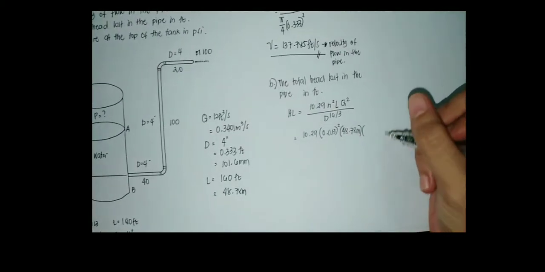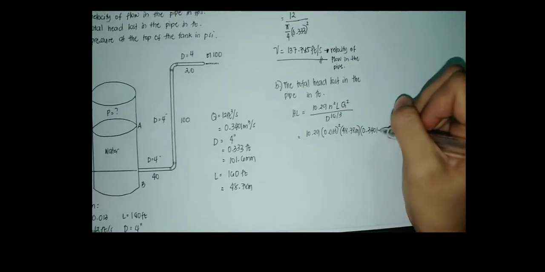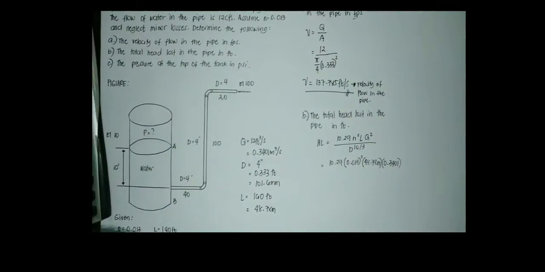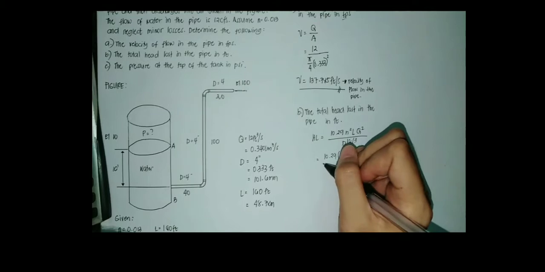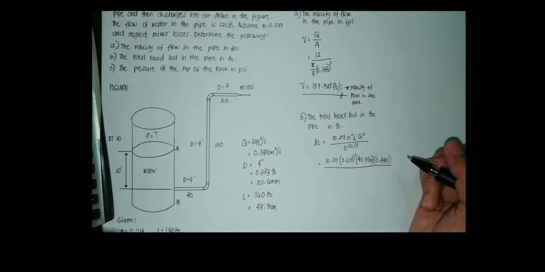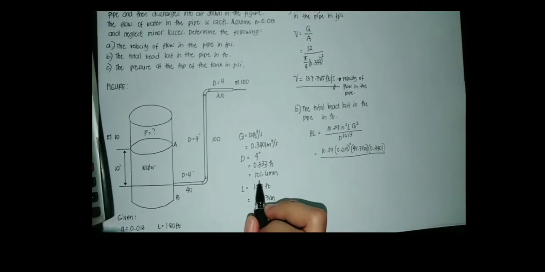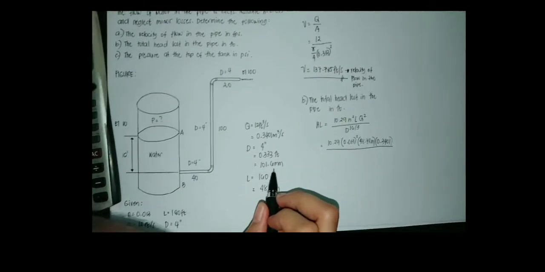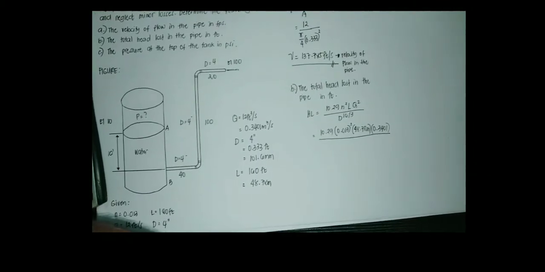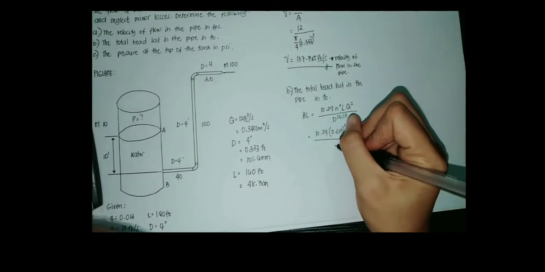Sorry, let me put it again: 0.3401. Okay. Then we divide it by D, which is what we're going to use. But since it is in millimeters, we also convert it into meter, since the values here are in meter. So we put